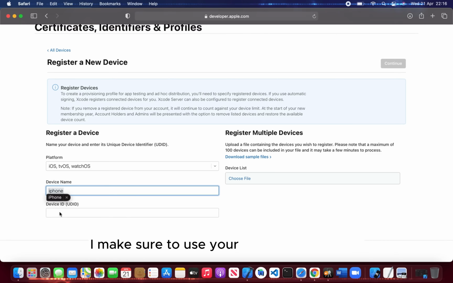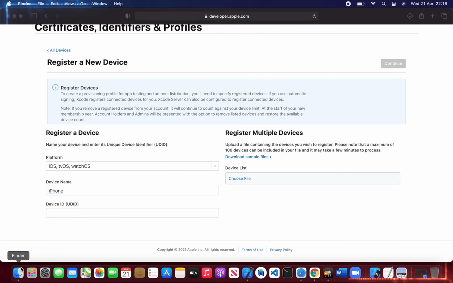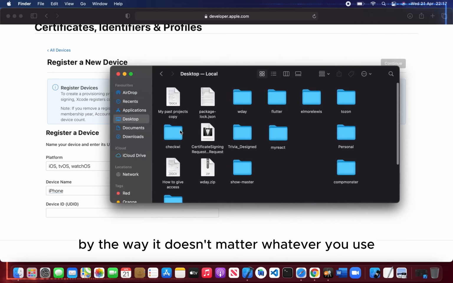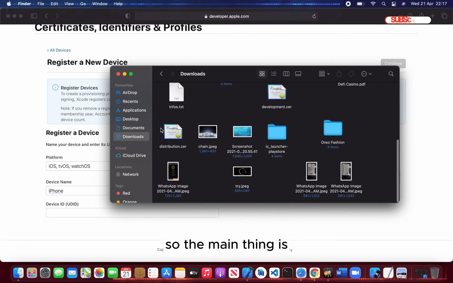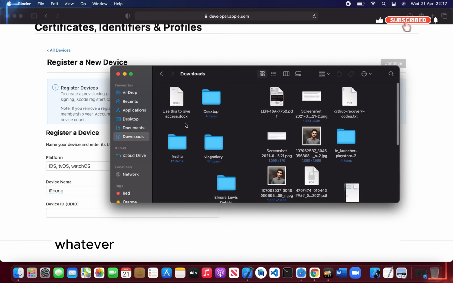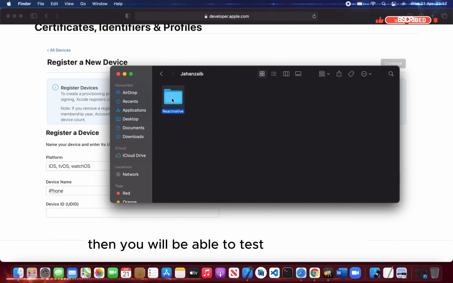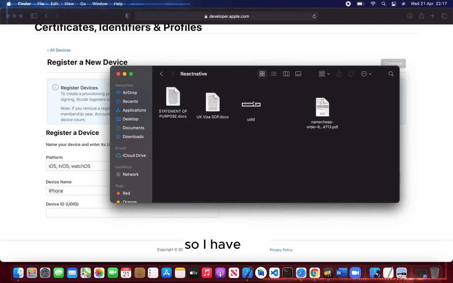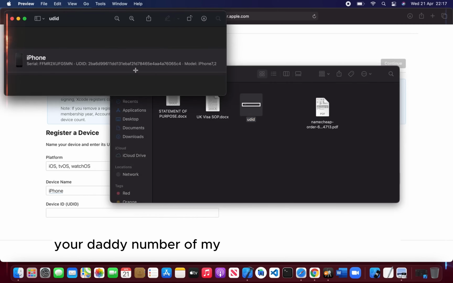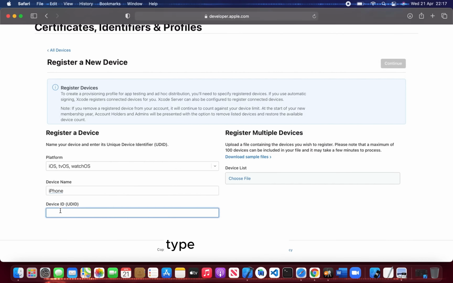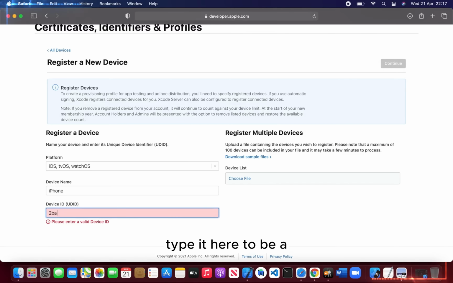Make sure to use your own UDID number. By the way, it doesn't matter which one you use. The main thing is that whatever phone's UDID number you use here, you will be able to test the app on that phone. So I have the UDID number of my previous phone, 2BA. Let's type it here, 2BA